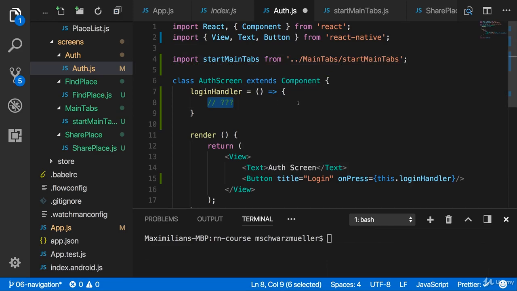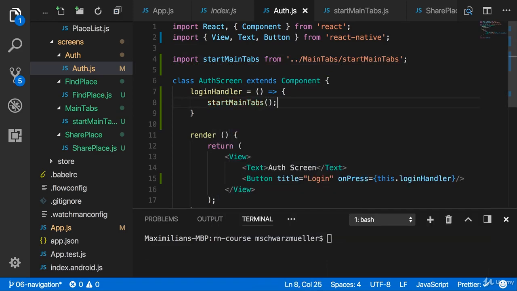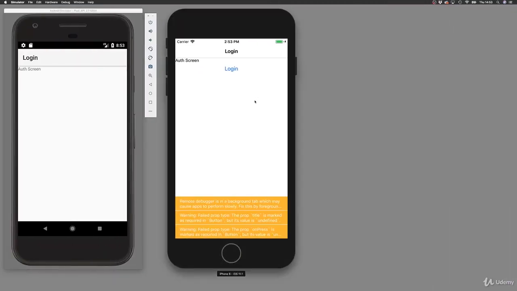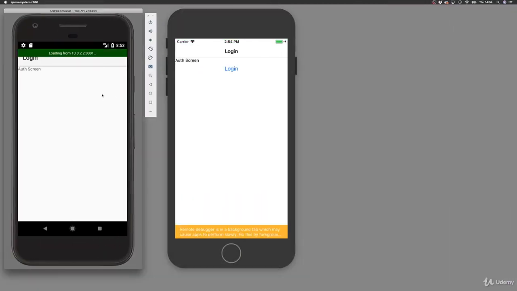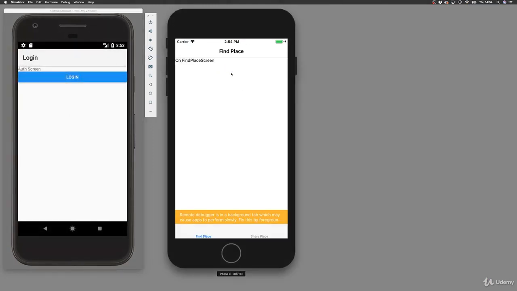We want to do this when this button is pressed. So here I will then execute startMainTabs. Make sure to save all files and reload your app to make sure it has the latest version of your code. Let me turn on live reload here. And now if you click login, indeed you see we got tabs at the bottom and I can switch between them, and you see that the title and the content on the screen changes